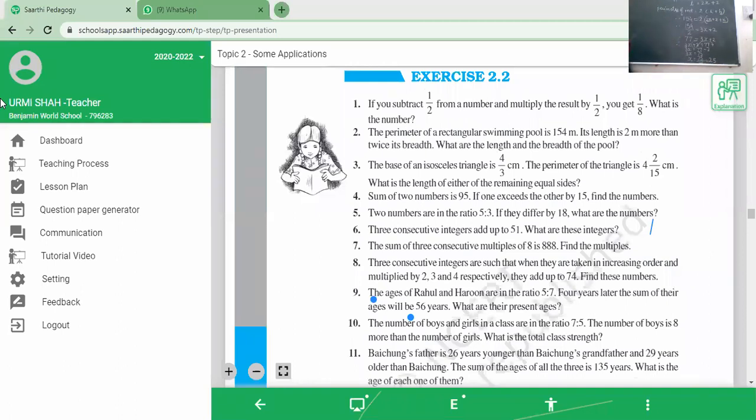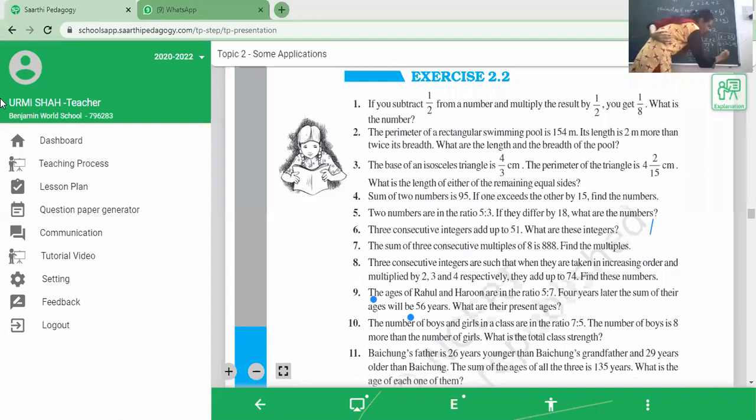X is equal to 25. So here I write it, x is equal to 25. But we don't want to find out x. We have to find out b and L, the breadth and the length. So b क्या होगा? 25 meter only, because it is x only.